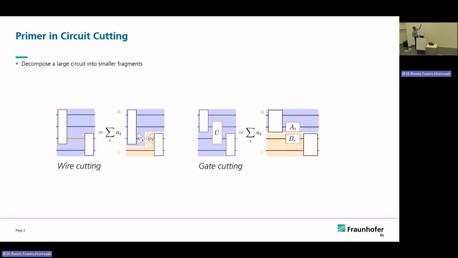There are two types of circuit cutting. One is wire cutting, where you actually cut a qubit wire. The other technique is called gate cutting, where you cut a 2-qubit or multi-qubit gate into single-qubit gates. The method we're focusing on here is wire cutting, where you replace a qubit wire by typically measurement channels in a specific basis and a state preparation channel,